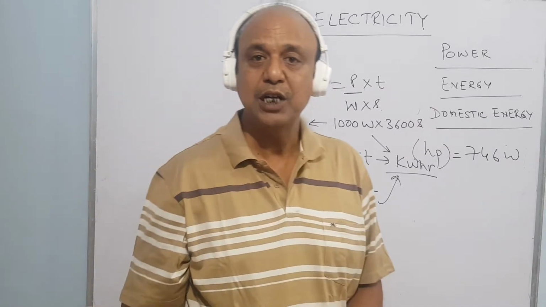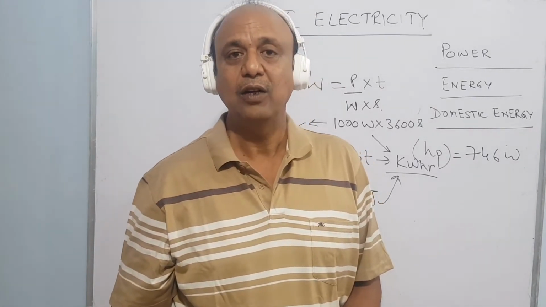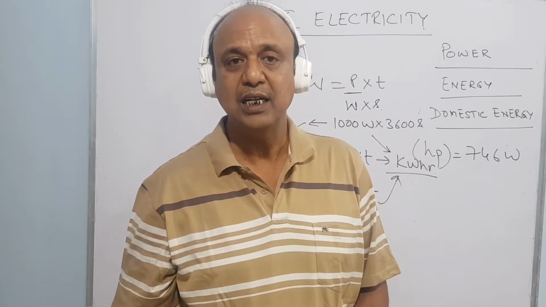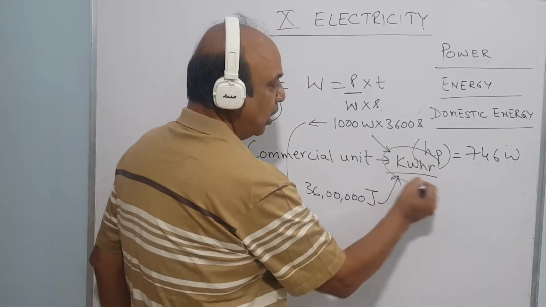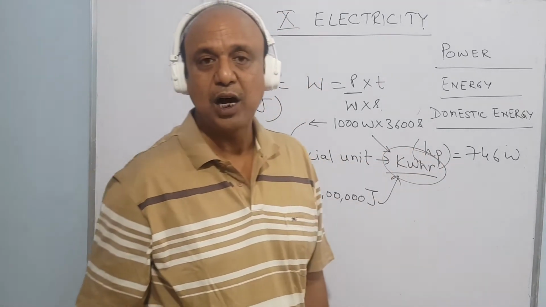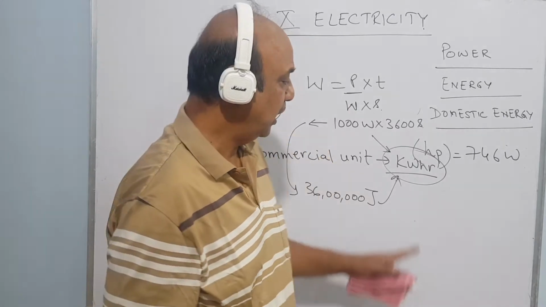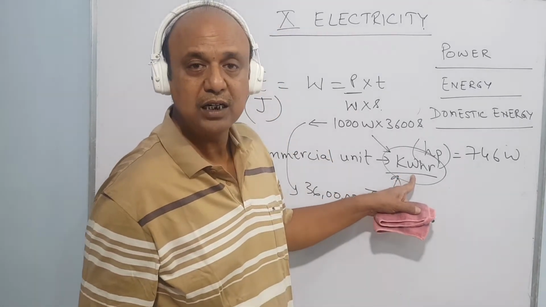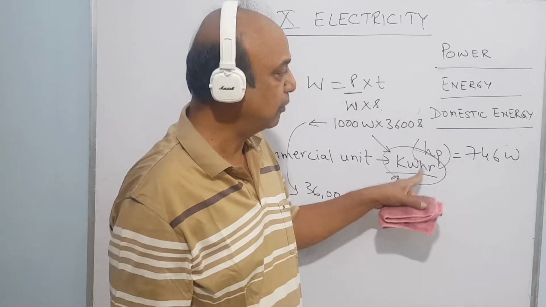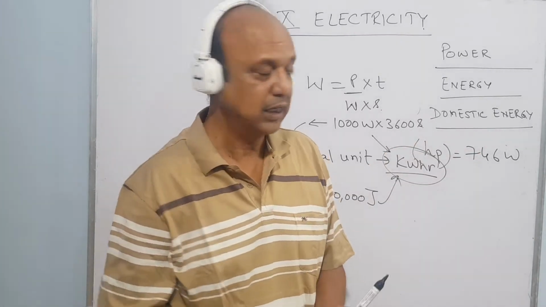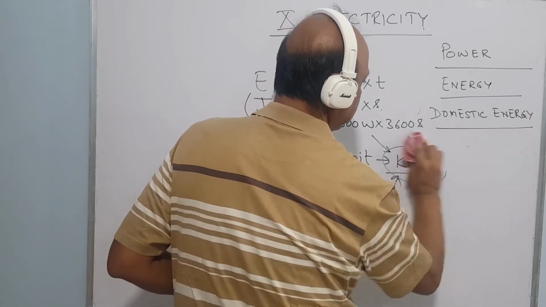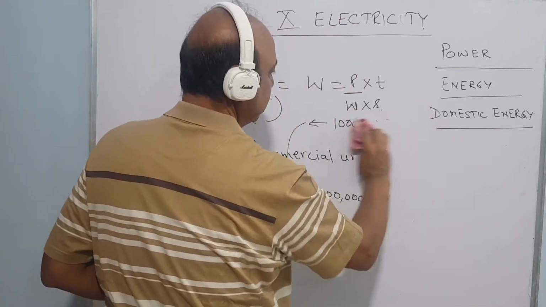जो हमारे घर में बिजली आती है उसका जो मीटर लगा होता है उस मीटर की रीडिंग किस में रिकॉर्ड होती है? किलोवाट आवर. So we pay the charge to the distribution board in kilowatt hour based on the energy consumed in kilowatt hour, which is our next point we will be discussing.